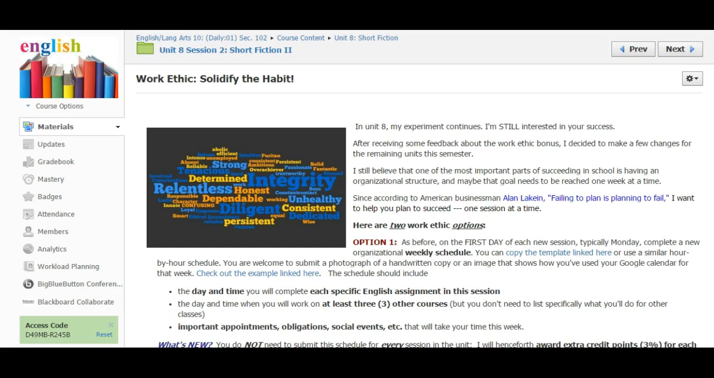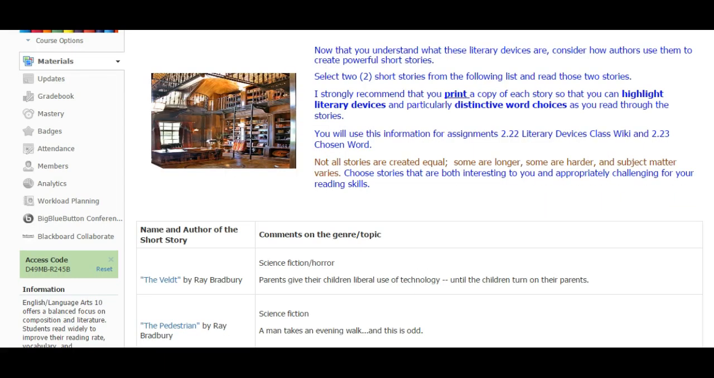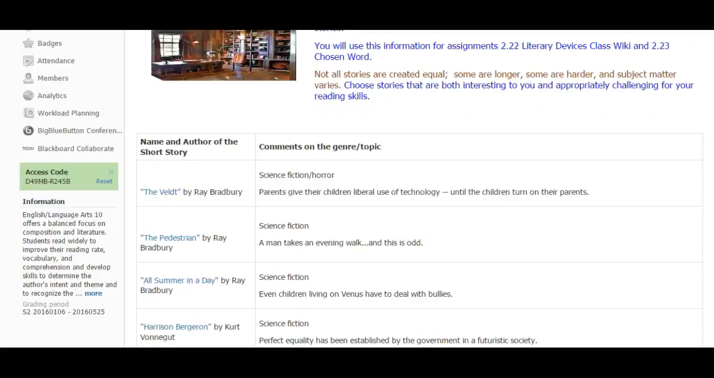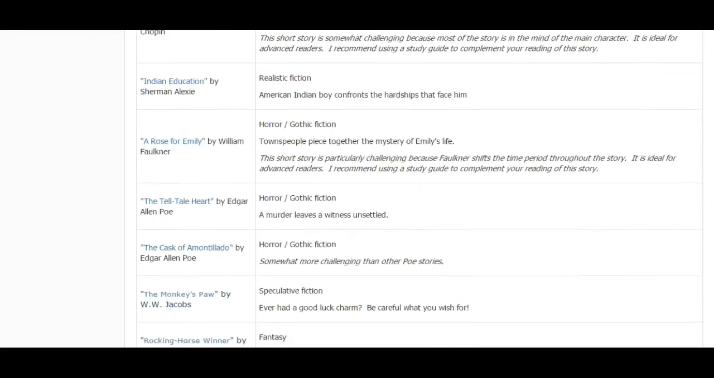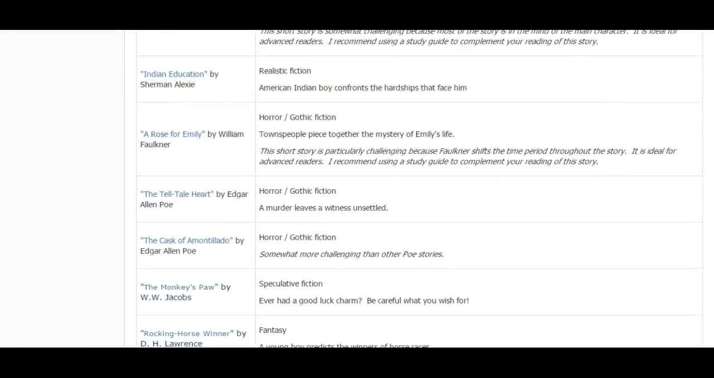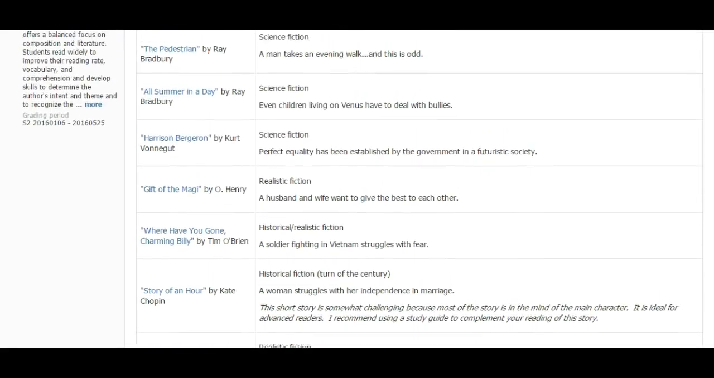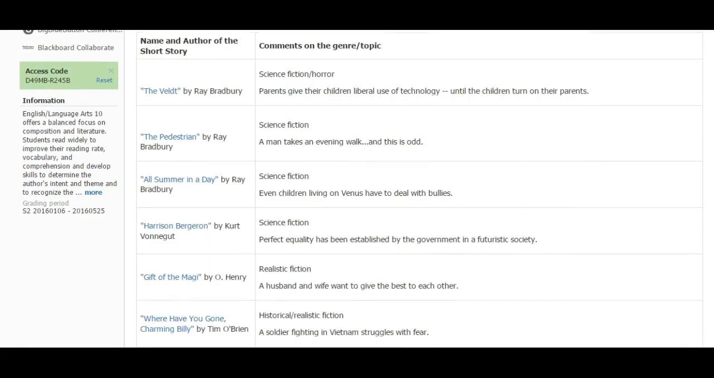The work ethic, as has been the case before, is optional. But the first thing beyond that you're going to do is select 2 short stories from this list. There's a variety of genres, reading levels, and lengths. So you're going to pick 2 that really resonate with you, that interest you in some fashion, and those will